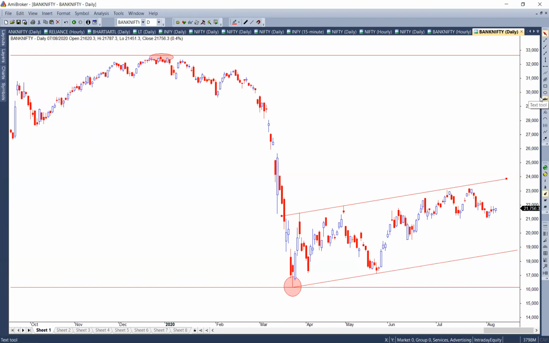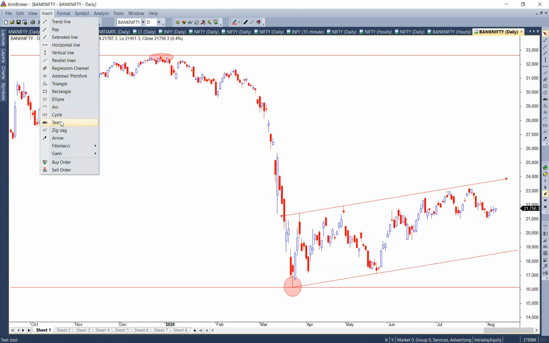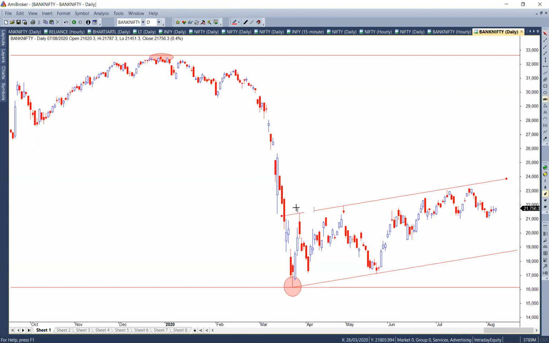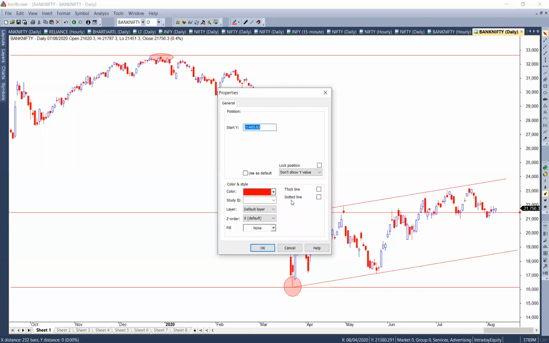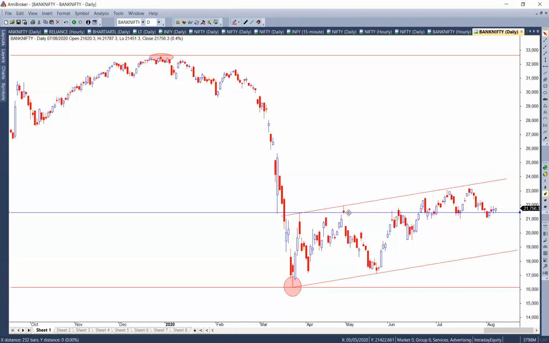How do I do the marking? If I want to do some labeling, you can see the text tool on the right side, or you can simply go to insert text here. Once you see a text, you can write whatever you want. Say this is the level which we see. Now what is this level if I have to measure? I'll again go here, a horizontal line. I'll take this level, and that's an important level that I have marked. If I double click on it, I can change the color. So I'll change the color to blue. I can simply come here, again do a Control C, Control V, and draw this support line.